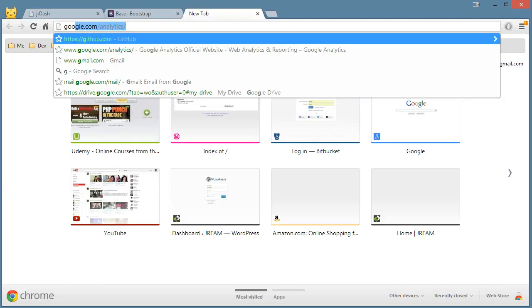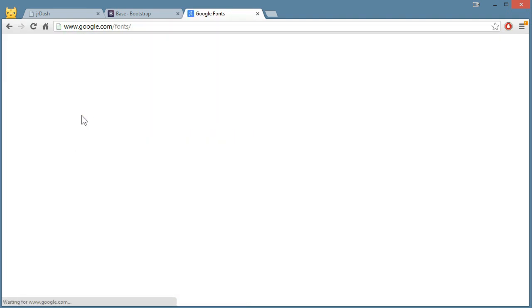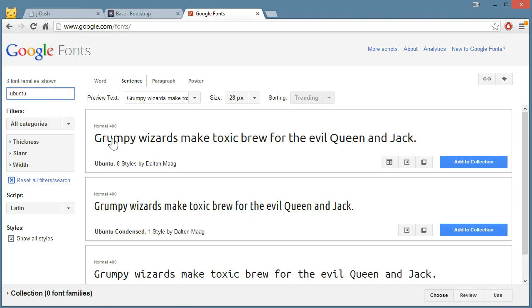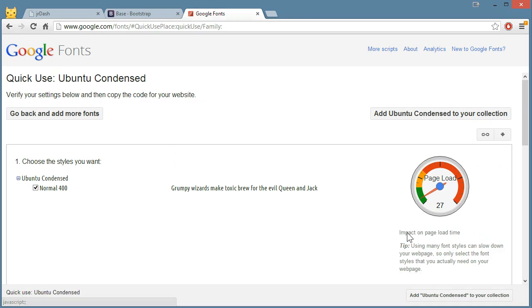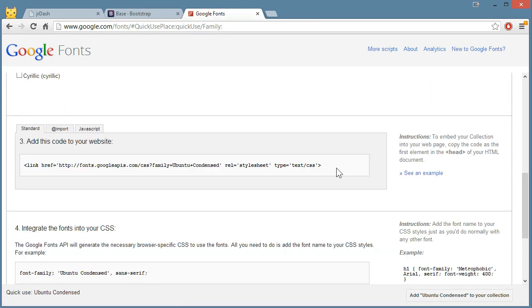And the last thing for this video is a Google font. So I'm going to go to Google Fonts. This makes it a lot of fun. And there's just google.com/fonts. And you could really pick from a wide variety of fonts. There's one that I really love called Ubuntu, and I'm going to use this one. You don't have to. Well, heck, I'll use the condensed version. And let's see, this little one with the arrow, I'll say quick use, and I'll go down a little ways,